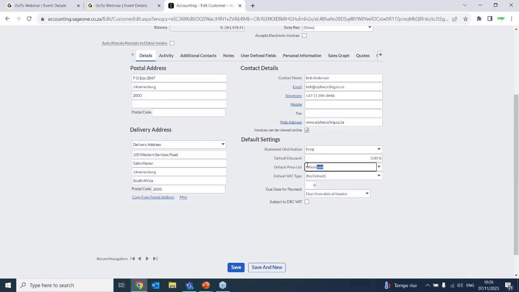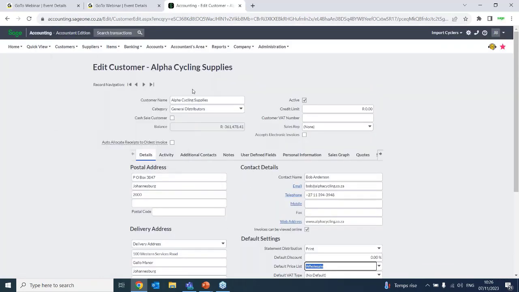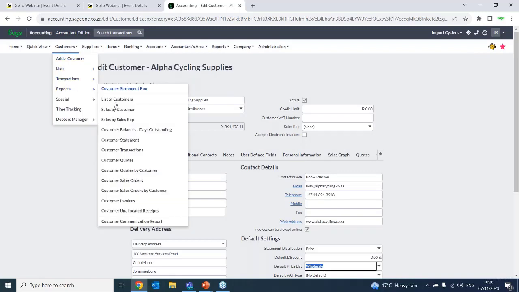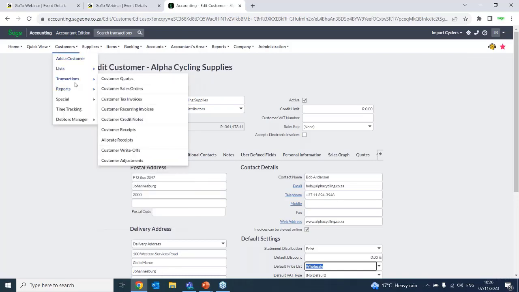You will link them to that price list so that when you're processing, you don't need to go, oh, hang on, I am processing and I need to remember that Alpha Cycling Supplies needs a 5% discount. So every time you process this transaction, you have to go in and give them a 5%